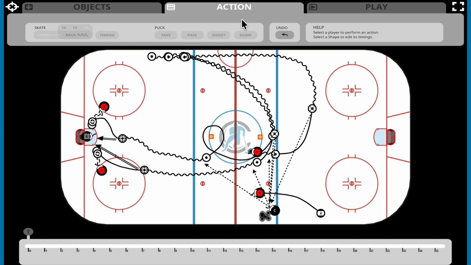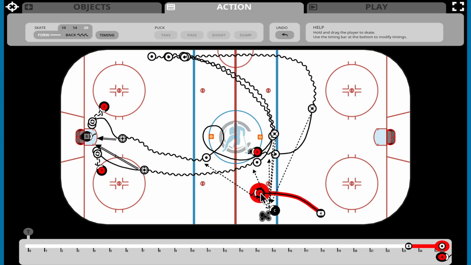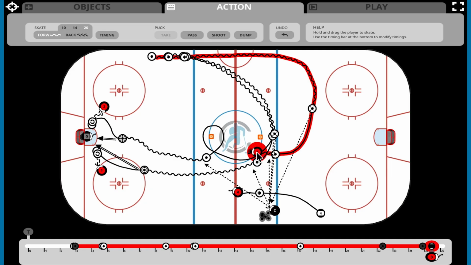If player 3 passes the puck from his current position, player 4 would have to slow down to receive it. Instead, move player 4 slightly farther ahead so the pass leads him into open ice. This allows him to skate onto the puck naturally without changing speed. Now complete the pass from player 3 to player 4. If needed, make a small timing adjustment until the pass looks smooth and natural.